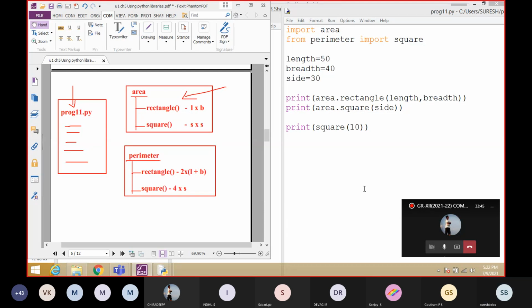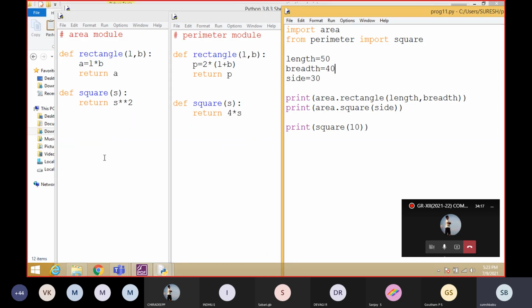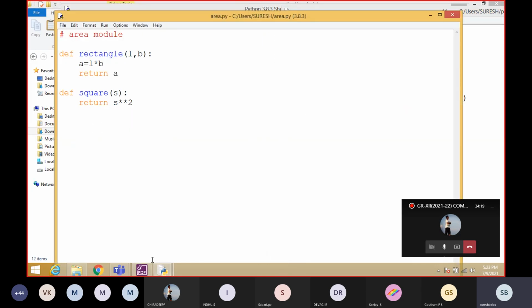After you have noted that layout, kindly raise your hands. Everyone note down that layout and raise your hands.